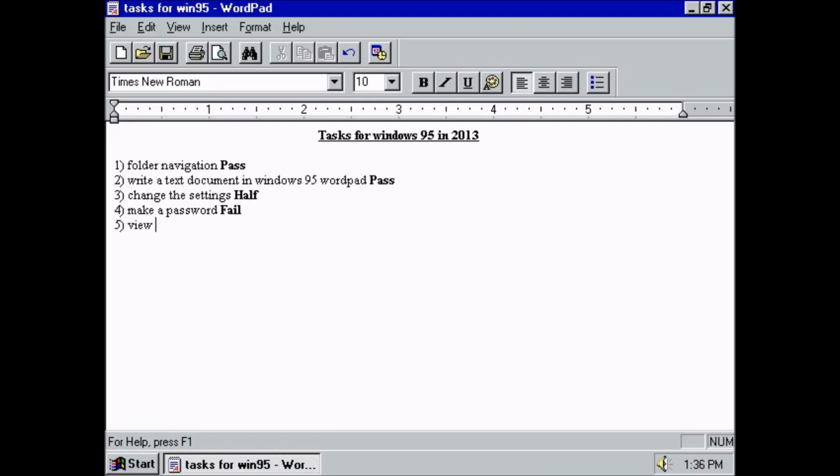view photos. So let's see if it can view photos. And actually, then I'll make one view some sort of movie. Okay. And now I'll just save that